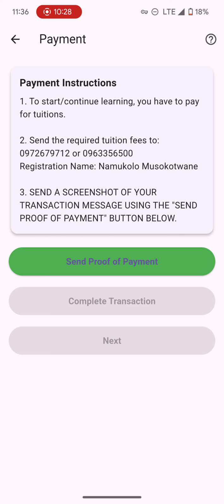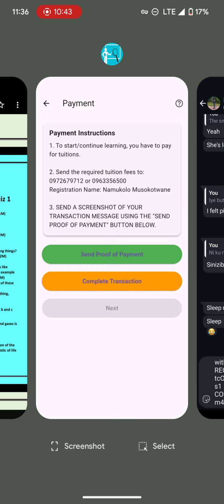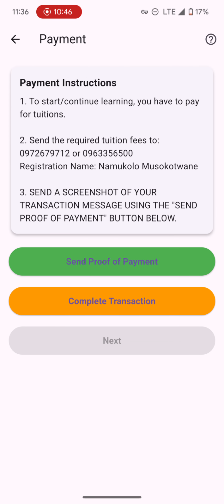send proof of payment. So once you make a payment, you get a screenshot of your payment or a copy of the text, of the transaction text. Then you have to tap on send proof of payment. So when you tap there, it will take you to WhatsApp, where you send the proof of payment. Okay,